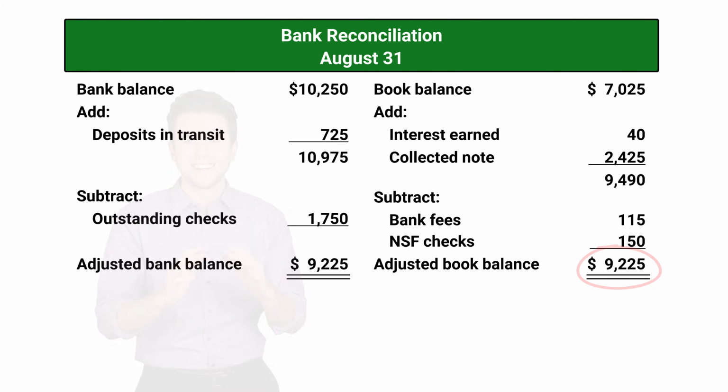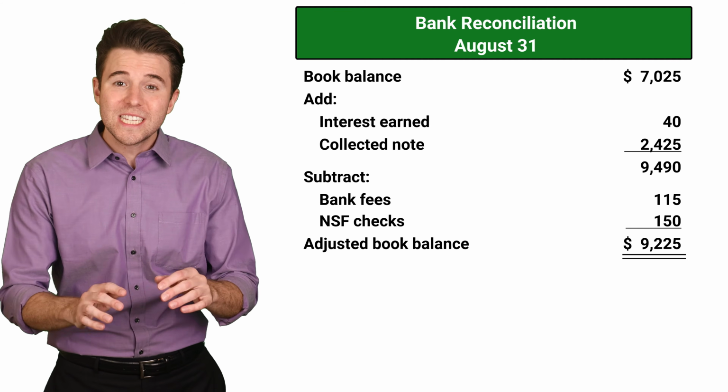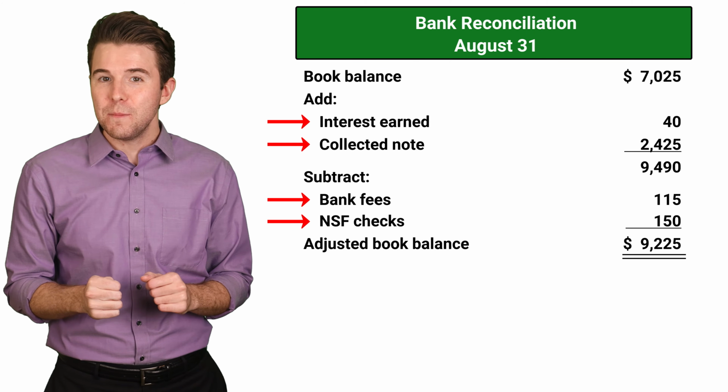$9,225. If we prepared our bank reconciliation correctly, the adjusted bank balance should equal the adjusted book balance. In our example, both equal $9,225. After preparing a bank reconciliation, we usually find items that need to be recorded in our books. Looking back at our book balance side of our reconciliation, we see 4 items that need to be updated with